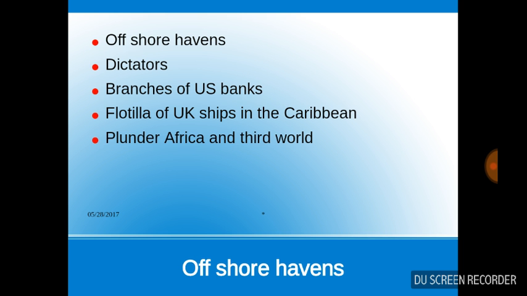And these countries are heavily protected. For example, if you look at places like the Cayman Islands, there's always been a British flotilla, a group of army warships that guard these islands. The money never goes to these islands. These are just bookkeeping entries. When they say they're sending money to your offshore haven,